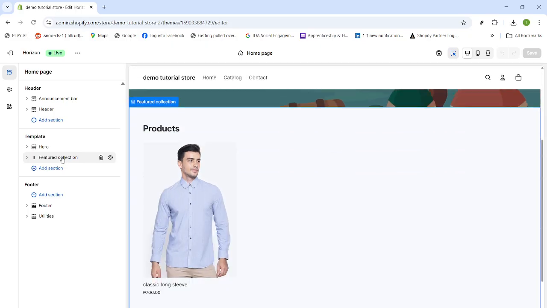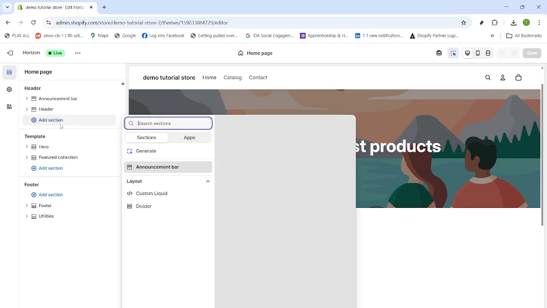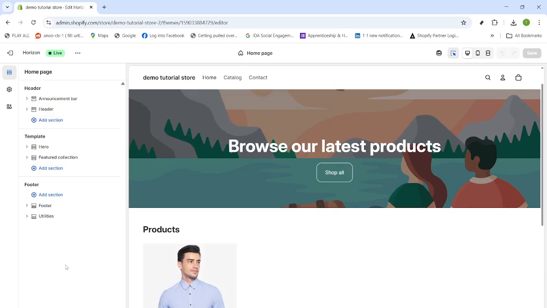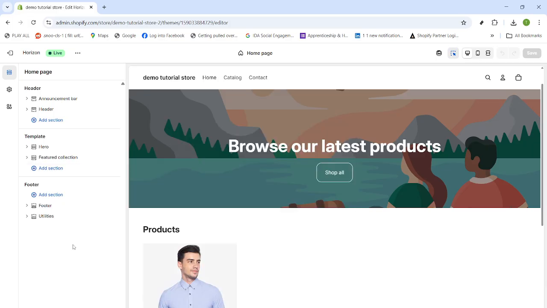After adjusting content and layout, remember to save your changes. For a quick quality check, toggle mobile and desktop previews to ensure everything looks great on all devices. That's it. Your Shopify page now has the sections you need, organized